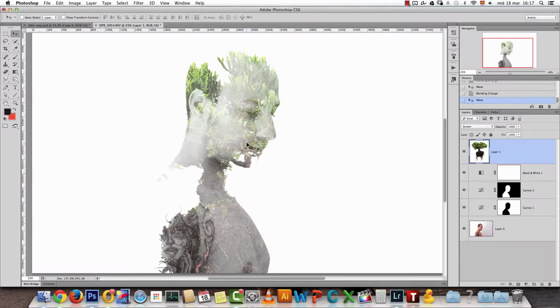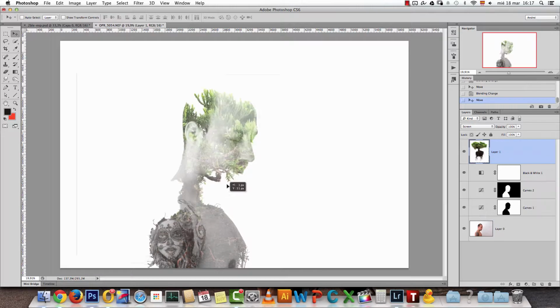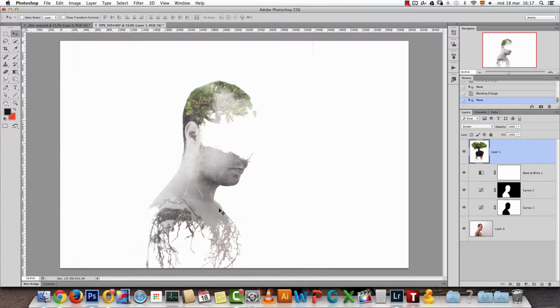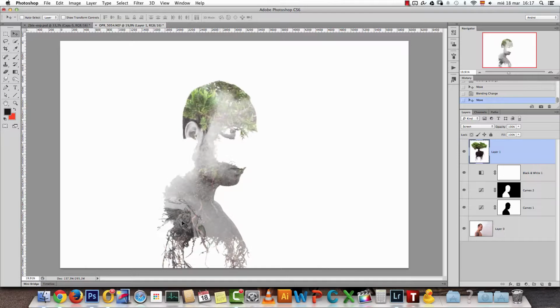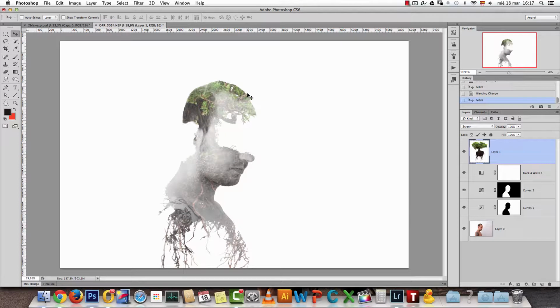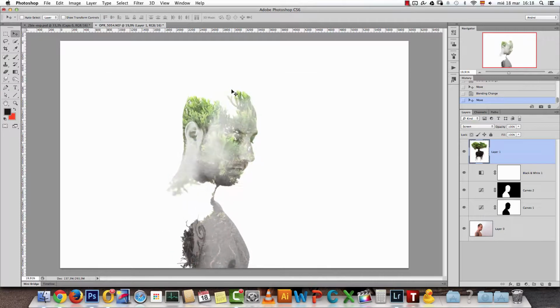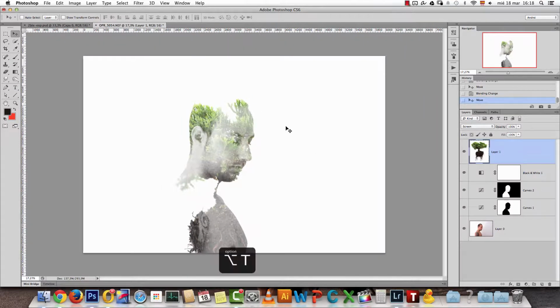But we have a small problem here. You can see the trunk of the tree is too narrow, and I don't really like that effect. And on top of that, I want these roots to be visible here on my chest. But if I do this, you can see the head doesn't have that effect. And on top of that, my face here, my eyes, we have this gap here. What I want is to have these roots here, and I want to have this effect on the head. I want to have these parts of the tree, okay? So what I will do is I will use a smart object, and I will duplicate this tree, but let me show you how I will do it.